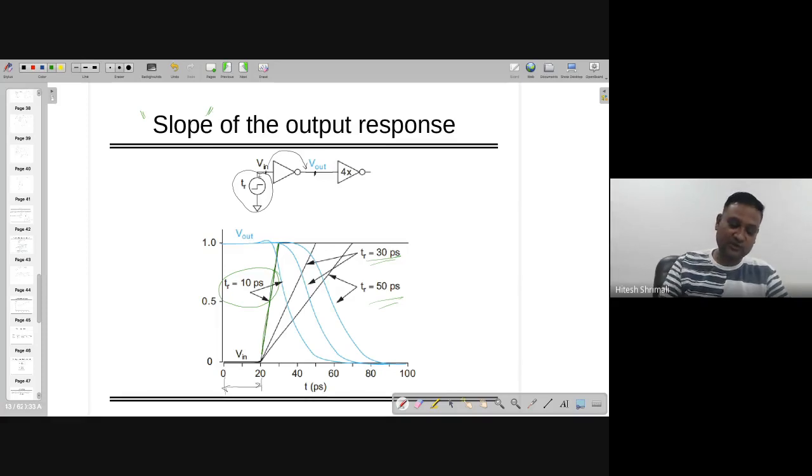You need to give some appropriate value, rather than sometimes giving this slope and sometimes changing the slope to another value. It's not a good thing. You have to follow only one way to find out the answer. So this is what we need to understand. Sometimes you will all have a different answer, so do not be afraid of that. Just look at the slope which you are given at the input side.